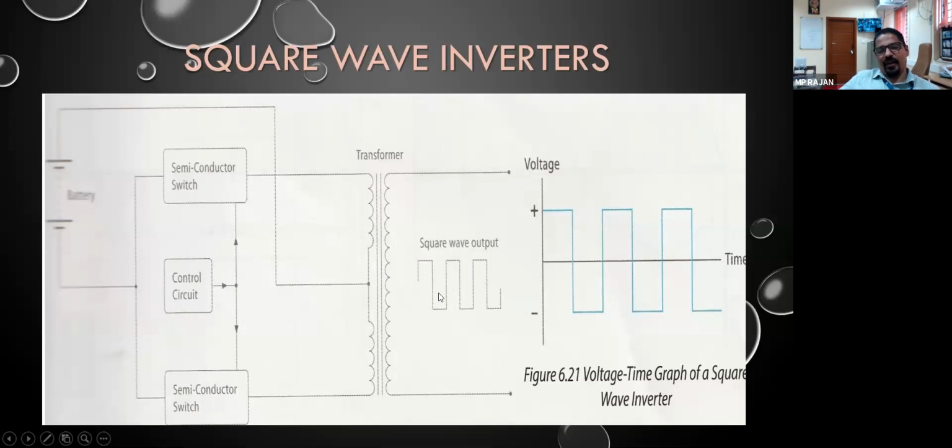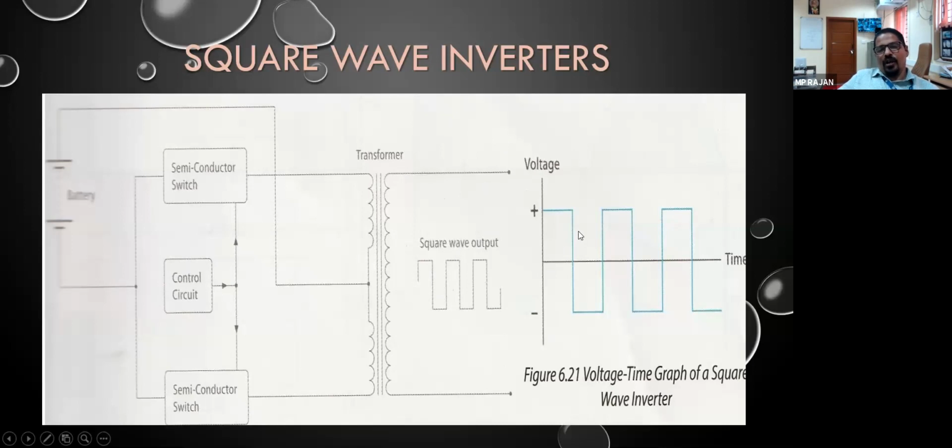There are three types of wave: square wave, sawtooth wave, and sine wave. Sine wave is the high quality wave which is required for our AC appliances. In the upper sine wave, your voltage or current is changing with respect to the sine theta of the angle. Okay, so we require AC sine wave, but this inverter आपको square wave देता है. Okay, so number one.